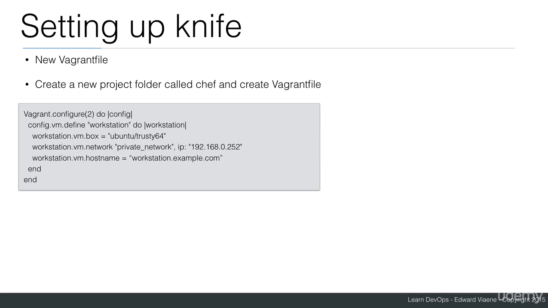Knife is a command line tool that provides an interface between your local Chef files and the Chef server. We'll start using it to manage our recipes and cookbooks. To create a new cookbook in Chef, the easiest way is to spin up another machine and use it as